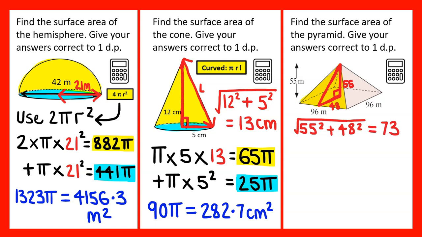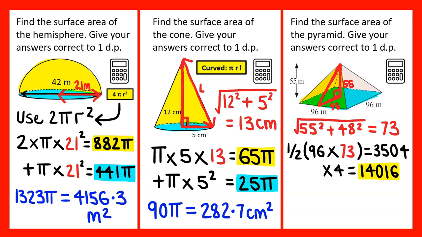Now I can use half the base times the height to work out the area of one of the triangles. Half of 96 multiplied by 73 is 3,504. I can multiply this by 4 to give me the surface area of all of the triangles,